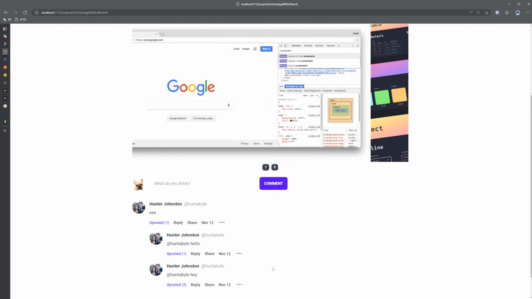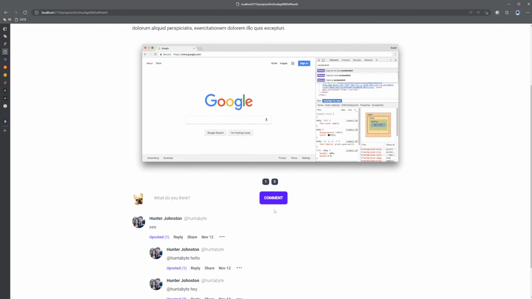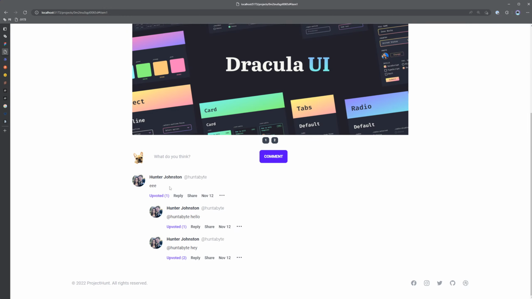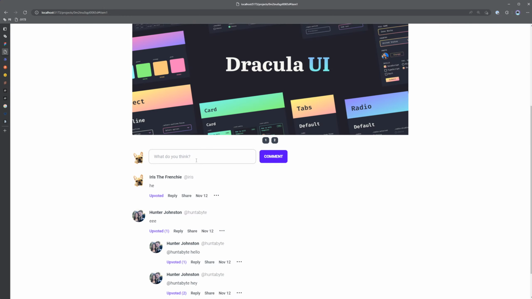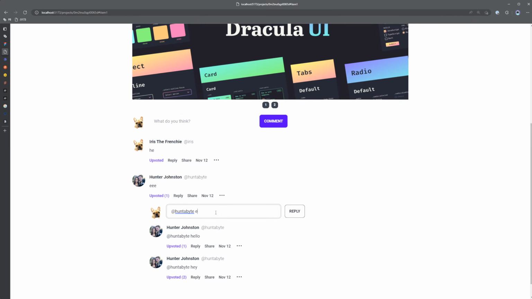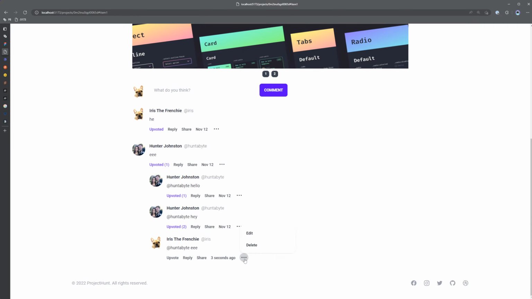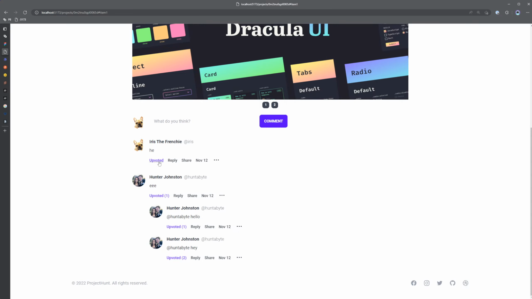We do have the images on the page. We have comments functional, working. We have replies functional and working. Deleting comments, upvoting comments, and this is actually